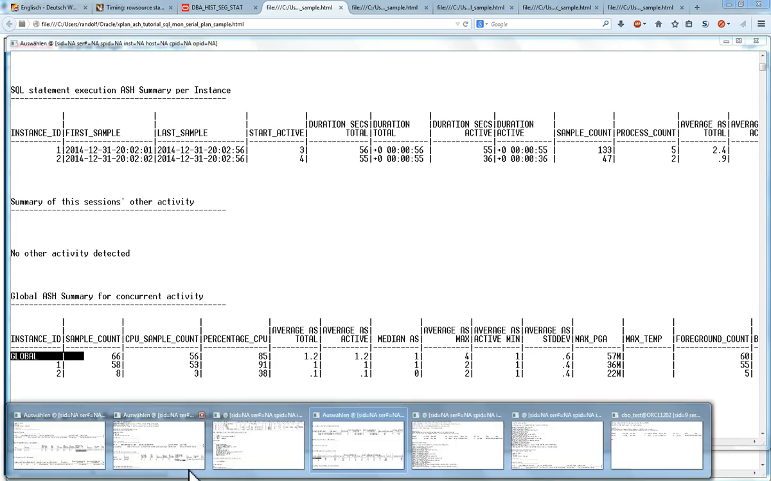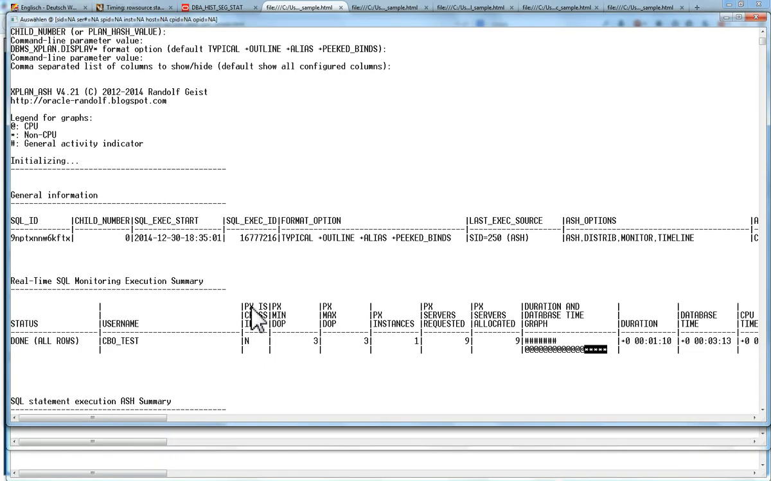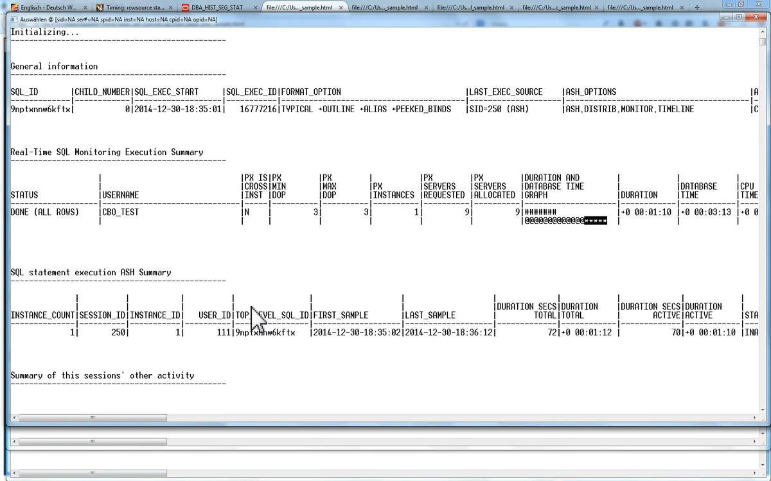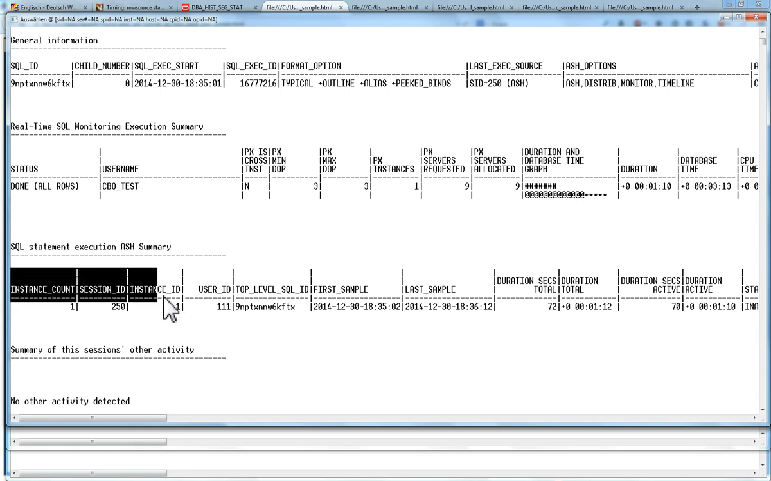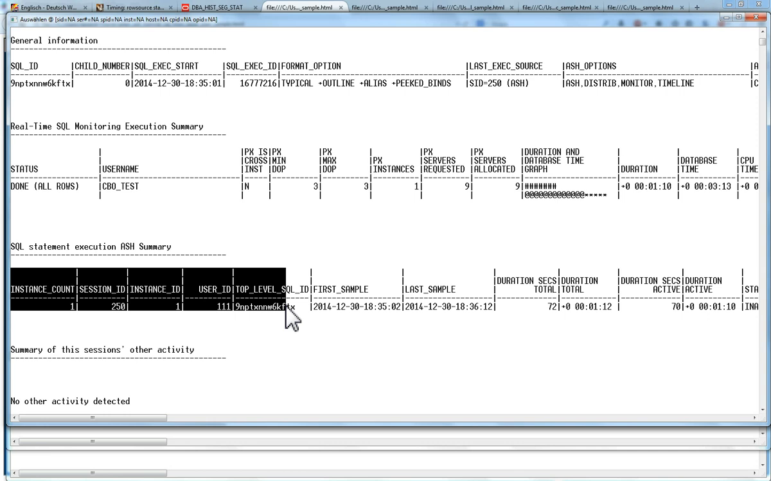All right, so let's get back to the simple cases and talk about this next section, which might be the first one if we do not have monitoring information available. The report might actually start then after the general information with this section here, and it's a bit similar to what